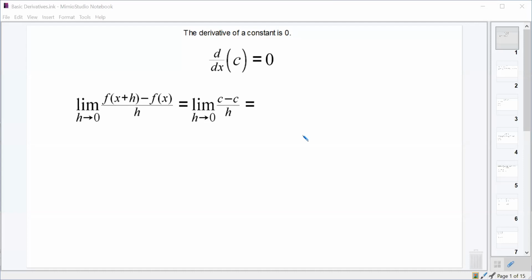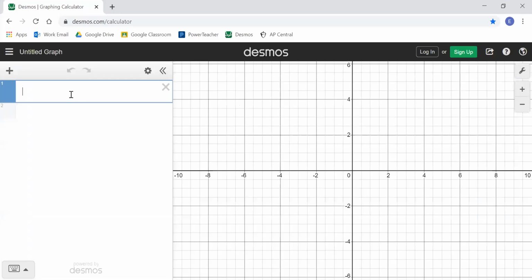So the first thing that we're going to do is look for the derivative of a function that's just a constant. So y equals 5 or y equals 100 or something like that. And I'll tell you straight away that the derivative of a constant is always going to be 0. And hopefully that makes sense just based on what we know about what derivatives mean and what a constant function